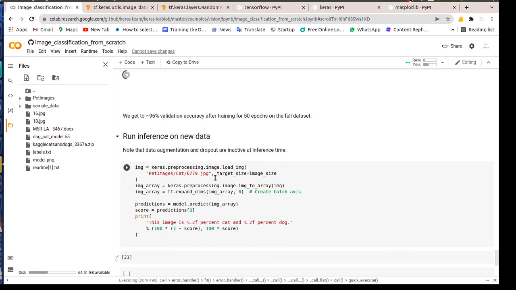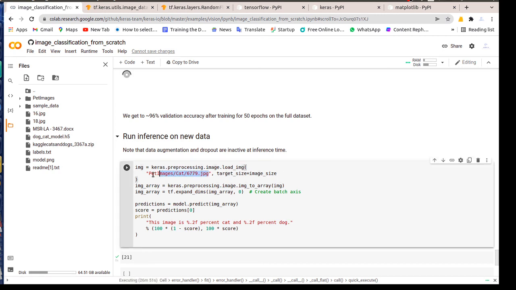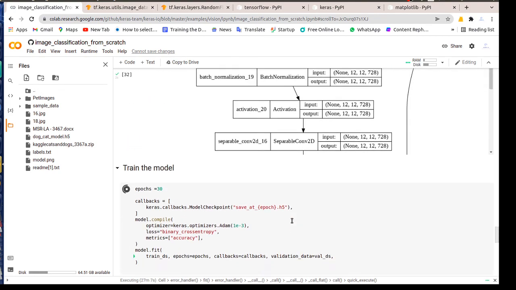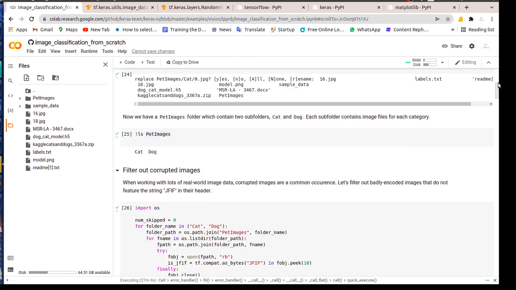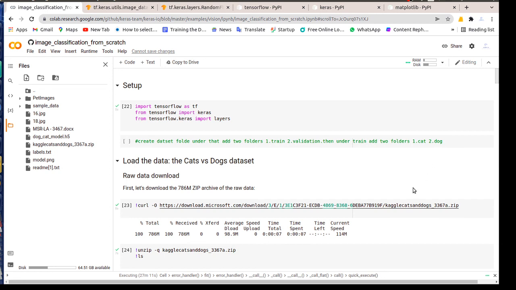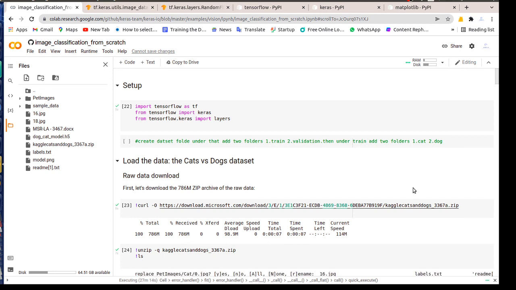Then go for inference. Here you can give images from your folder, say dataset slash train slash dog slash 1.jpg, 2.jpg, whatever files are there in that folder. It will give you the prediction. This is how you can use this code even for your custom dataset. I will be attaching all the information in the description that will help you, even the reference papers.